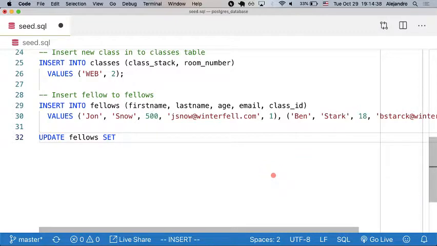So update fails. Let's say I want to change the age of Jon Snow from 500 years to 50 because I made a mistake. So we can do set age equal to 50,